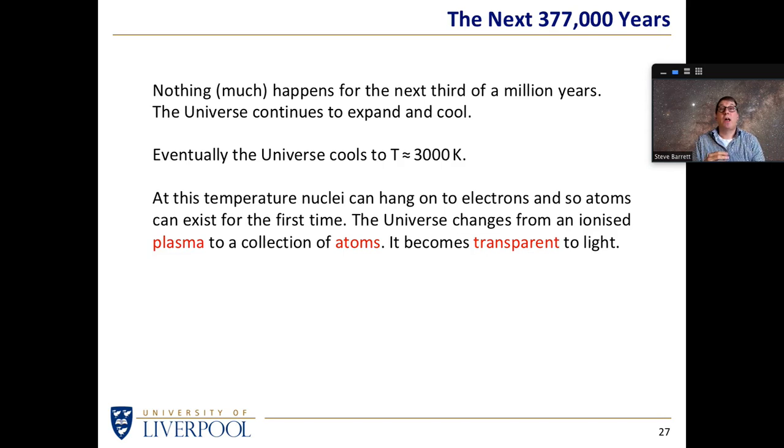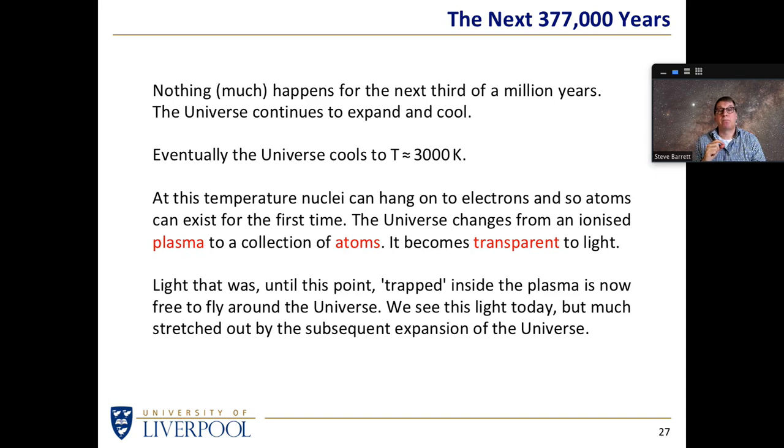Up to this point, light has been rattling around inside this plasma and it found it impossible to escape. But as soon as the universe becomes transparent, light can escape and is no longer contained within this plasma, no longer scattered by all the positive and negative charges. The light, if you like, is released. So there should be an aftermath, a glow, if you like, of the Big Bang that is visible, because all of this light was released at approximately the same time, and then it's been flying around the universe ever since.